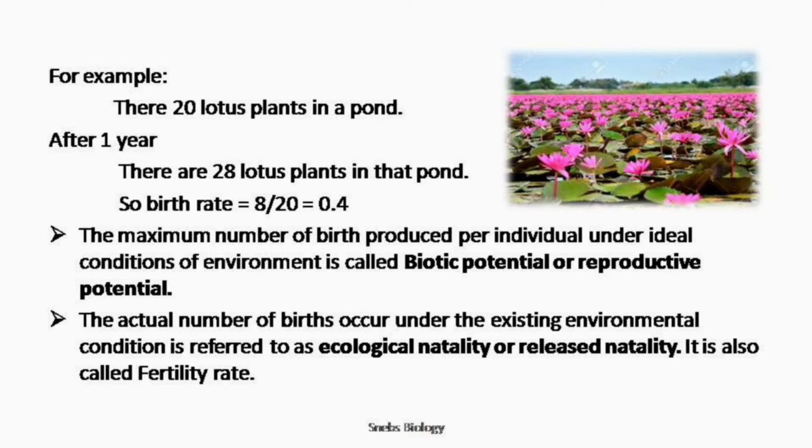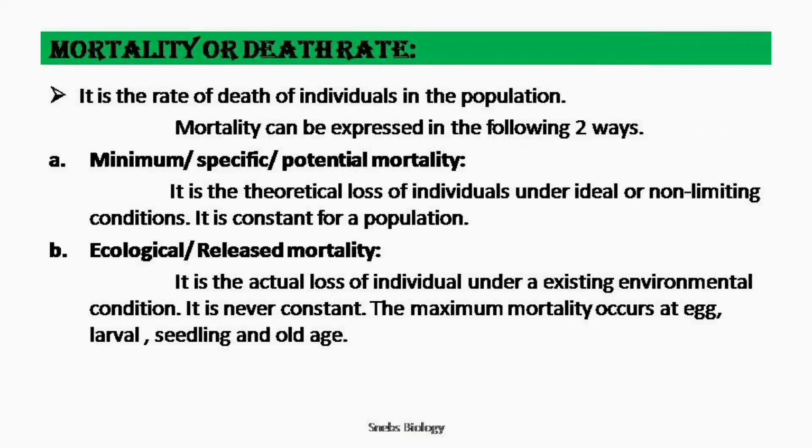Okay, so when we say a new organism is born, we are talking only about one individual organism, and when we calculate in this way, then we are talking about a group of similar organisms which are able to interbreed, and how many new get added into that group. So this is a population attribute. Clear? Next one is death rate or mortality.